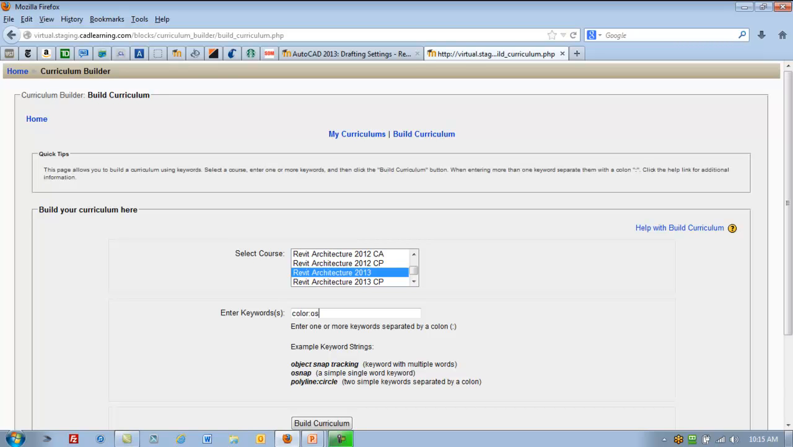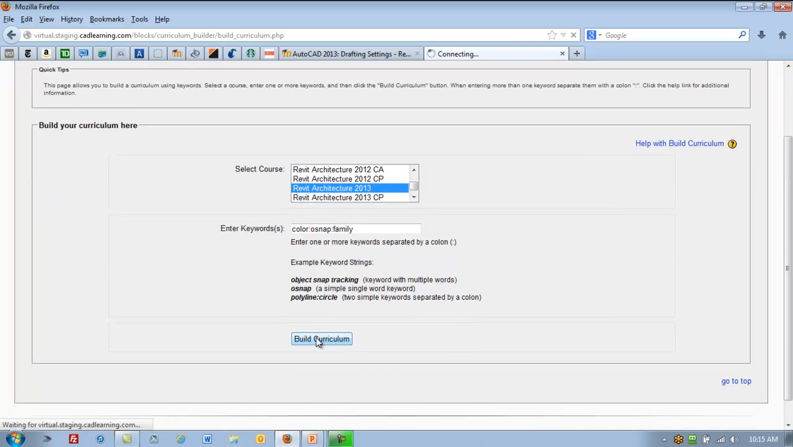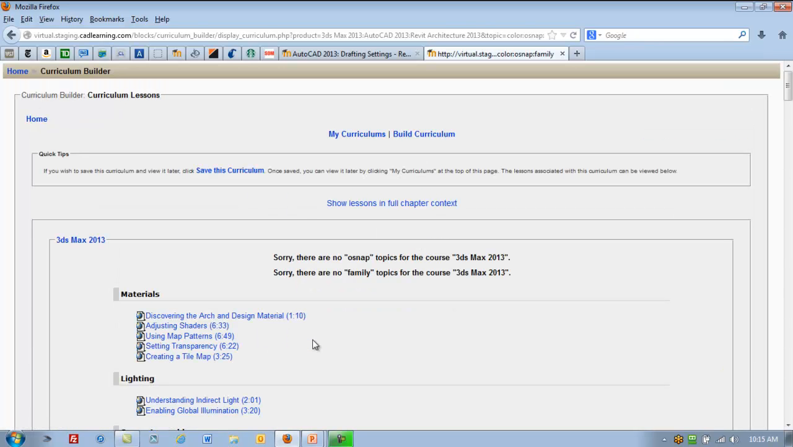And I might have OSNAP, something to do with AutoCAD, or it could be all of them. I could have family, something to do with Revit. Based upon those 3 topics, and the fact I've selected 3 courses, let's build a mini course for that user because he has some time to learn something today, for that instructor because I've had a lunch and learn or whatever it might be,